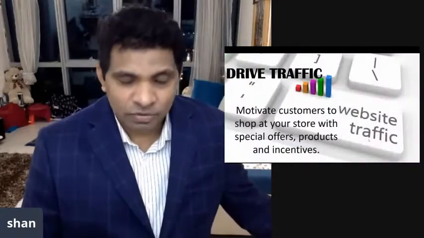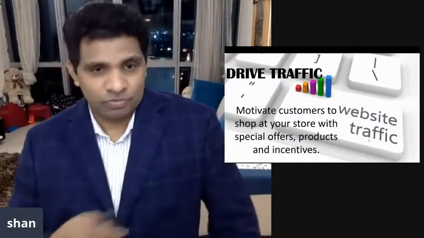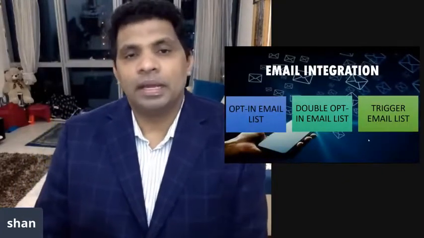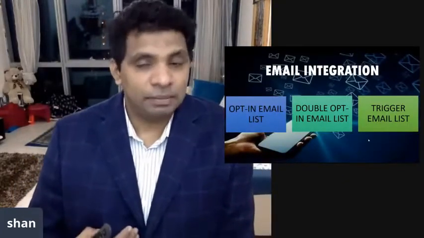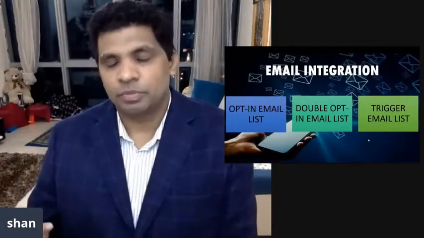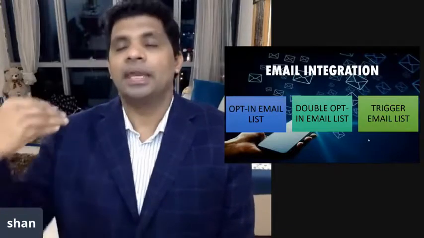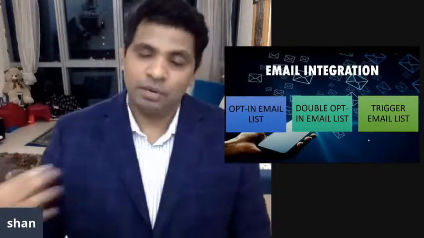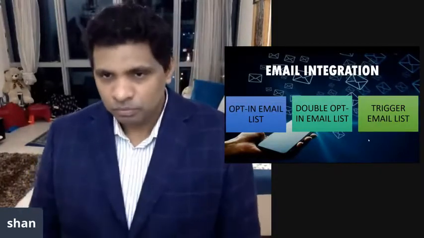Now, different kinds of traffic you need to bring to the website. Of course, this we'll discuss in the campaign part. Okay. Three kinds of mail you should have. One is opt-in email. People opt in to receive an email from you. There's something called double opt-in mail, which is people opted in and then again they confirm from their email side. This double opt-in email has a huge value in terms of marketing, in terms of valuation.